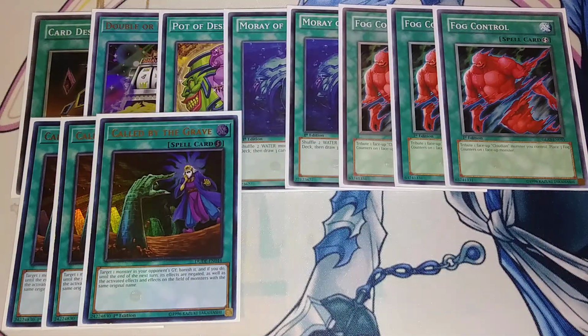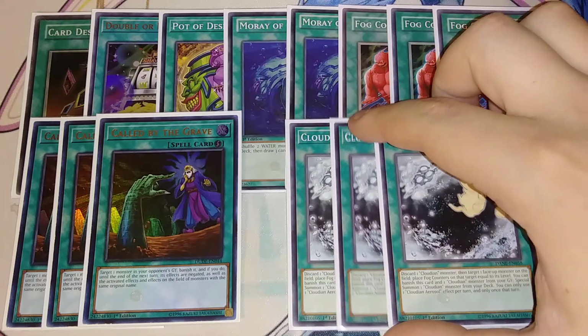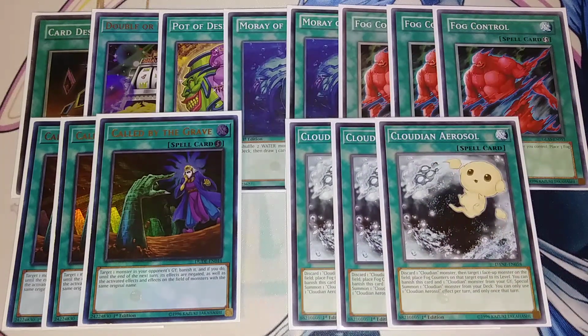And then we play the new best card of the deck, which did come out of Dark Neostorm, which has been a little while, but it's still a really good card. But Cloudian Aerosol is an insanely good card that lets you discard a Cloudian monster, and then you get to target a Cloudian monster on the field and place fog counters on it equal to that monster's level. So if you target Turbulence, you put 4 fog counters on Turbulence. Basically, 4 free smoke balls, which is good, and you already normal summon it and get 1, so that's 5